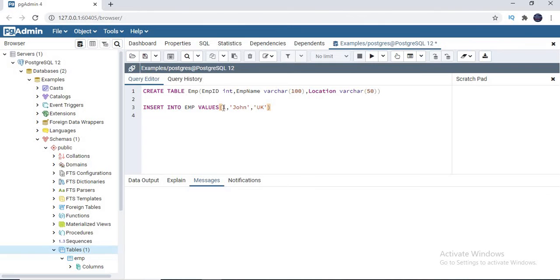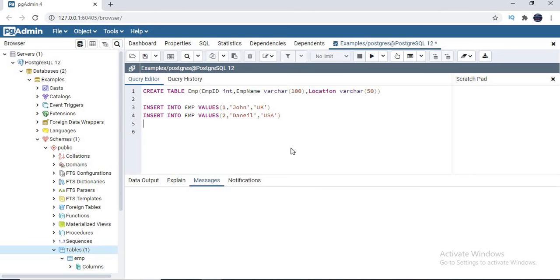Okay, so now next. How many rows do you want to insert like this? I want to insert a couple of records. Let's type the same. Rather than running multiple times, you can run in a single shot. Values, so I'm going to make it 2, comma Daniel, comma USA.